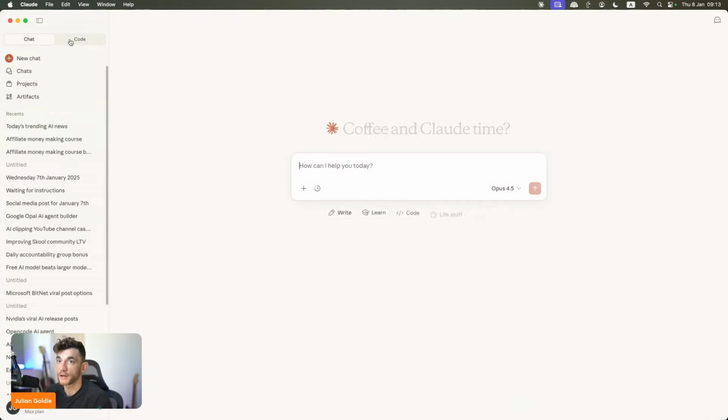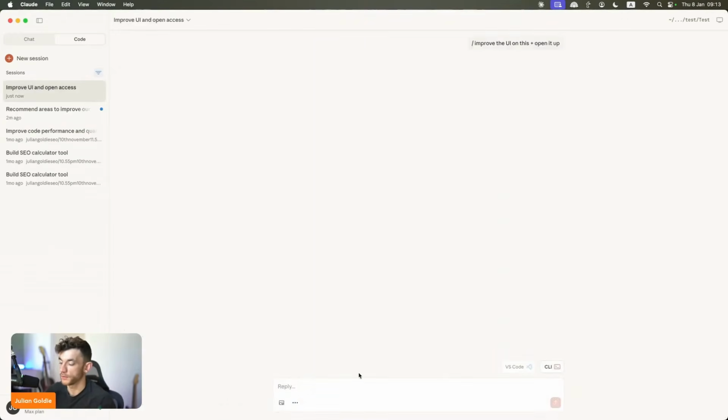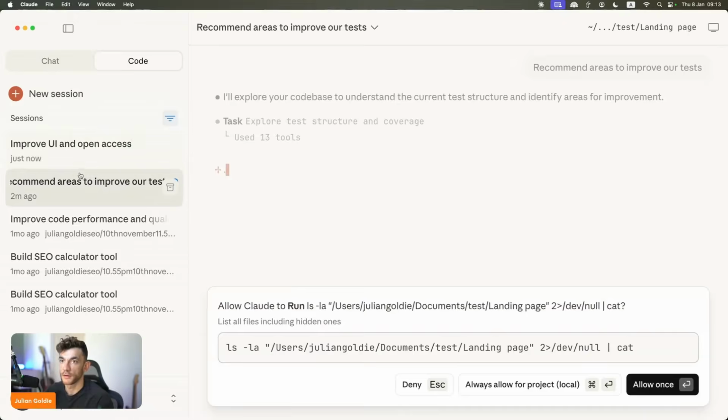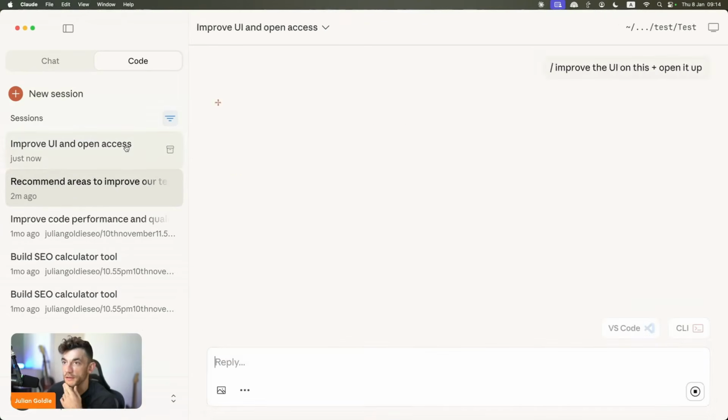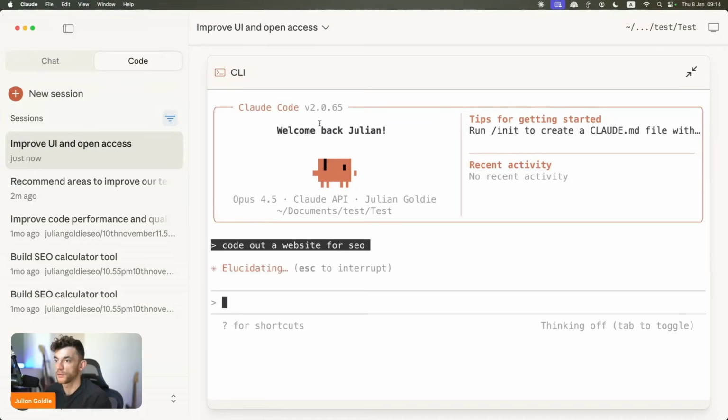We can also just go back to the chat whilst waiting for code to finish off. All right, so it's beginning to update right here. And then from here, we're good to go. And then we'll just hit allow once on this. And you can also use this with VS Code or the CLI as well. So if you click on open terminal here, you can actually use the terminal inside code. Like you can see, so if we're like, okay, code out a website for SEO,